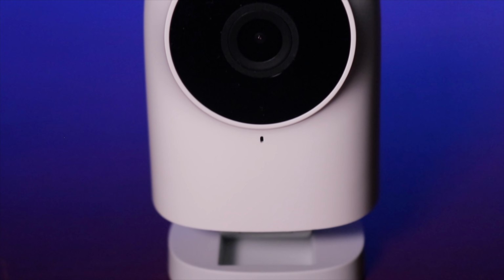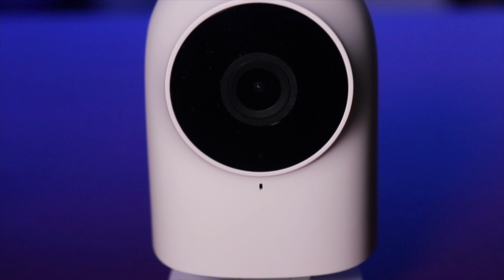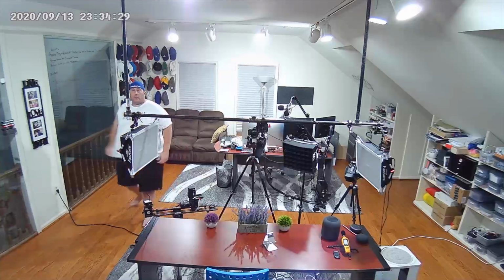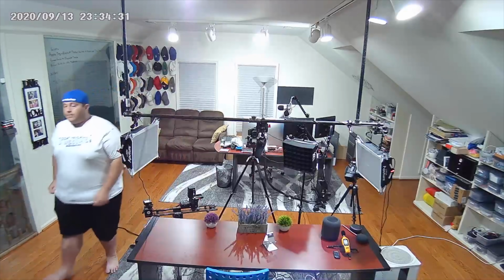How good of a camera is it? Well, it is a 1080p camera. There are other HomeKit cameras that run at 2K. To me, I didn't see a difference, which I will be comparing these cameras and the footage in an upcoming